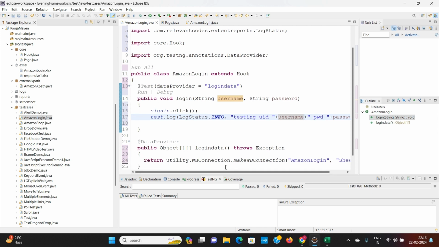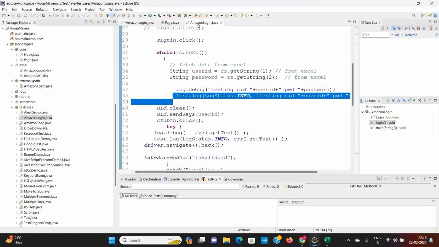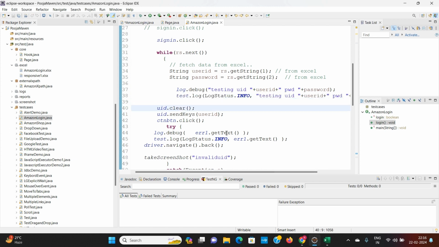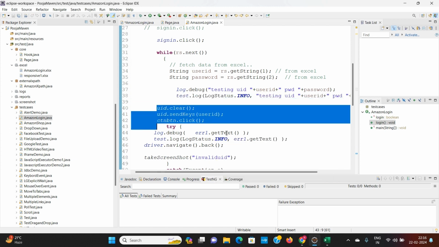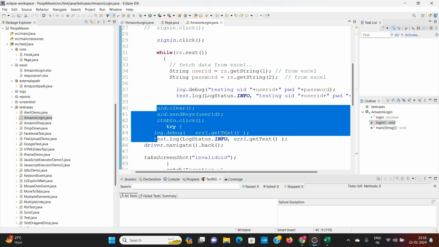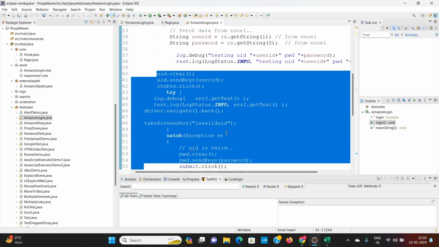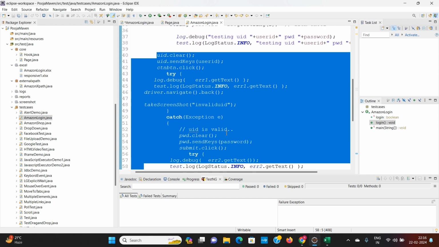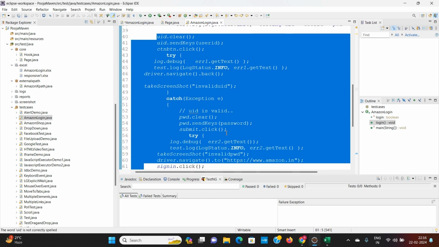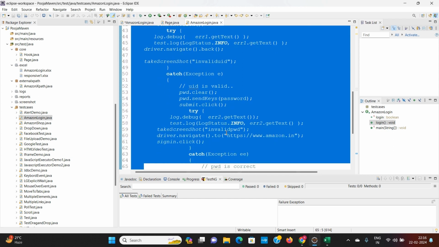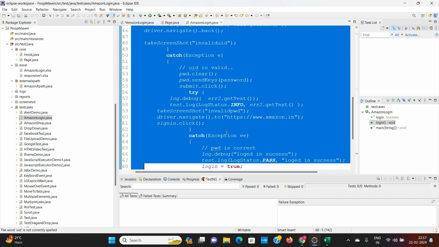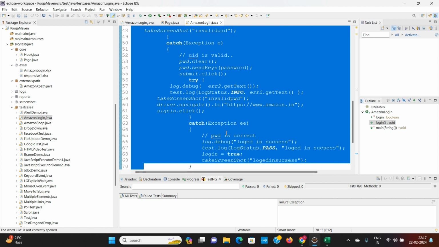Username, password, then UID clear, send keys, continue button. If an error message is coming, take a screenshot. Otherwise, enter the password. If an error message is coming, take a screenshot, and then if it is valid, then